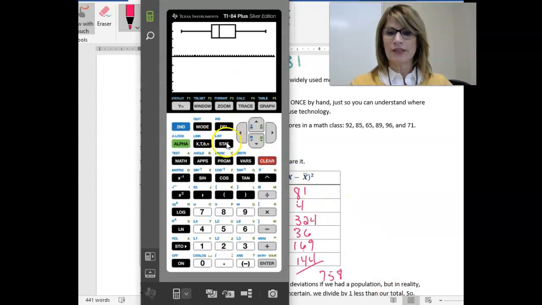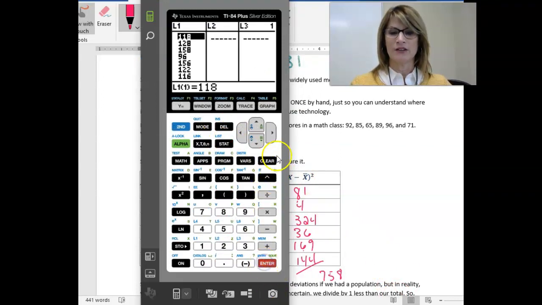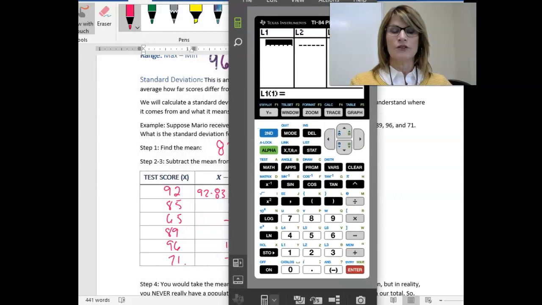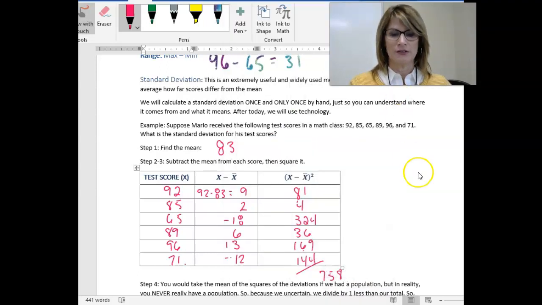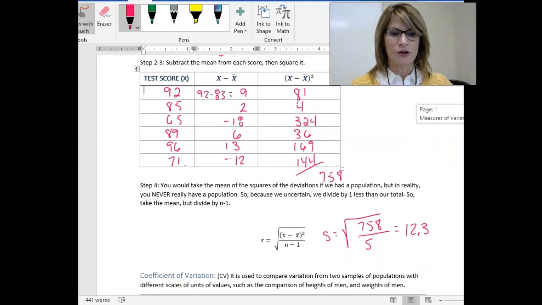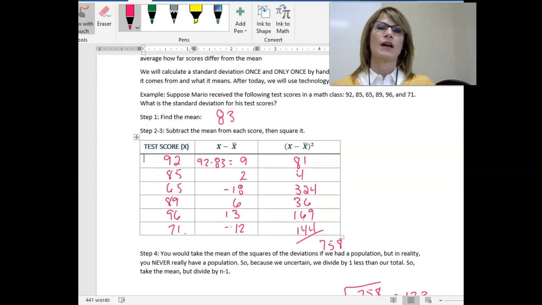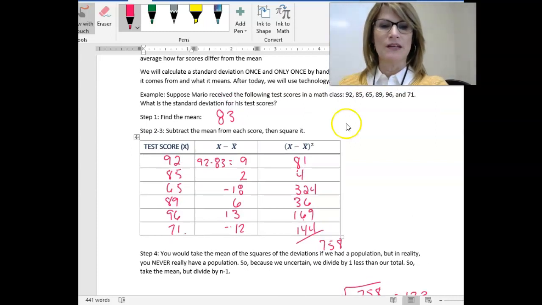Okay, I should have left that data in my calculator, and I did not. So I'm going to throw it back in there really fast, and you can do the same thing, but write down your mean and your standard deviation. Oh, we already know the mean and standard deviation. Okay. We know the mean and standard deviation. Our standard deviation was 12.3. Okay. So my question would be,